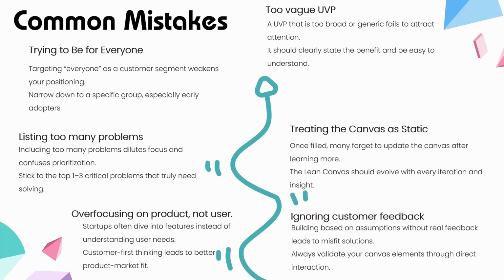These are a few of the mistakes that everybody makes, like trying to be for everyone, trying to reach out to everybody. Or in the unique value proposition, people try to say I'm the best. It's not about being the best. How you are making it the best is what you have to concentrate on. Listing 10 problems is a huge problem. Treating the canvas as static, like saying I will stick to this, being like Nokia that will not change to Android. It is not like that. The business model canvas is a lean canvas. You have to change it. You have to be dynamic in changing the solutions based on your customer feedback.